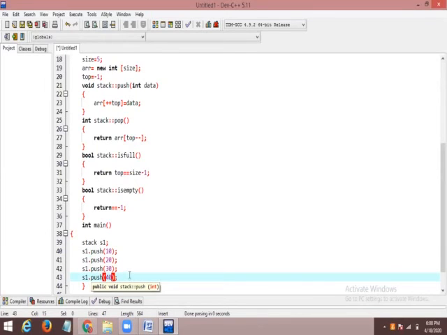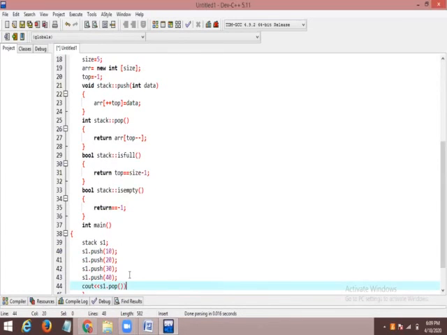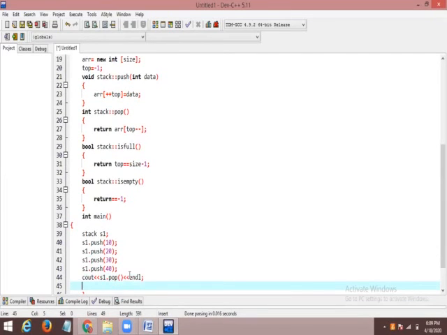Then I'm going to write my output here. Like I'm going to print a statement s1 dot pop, and then done.